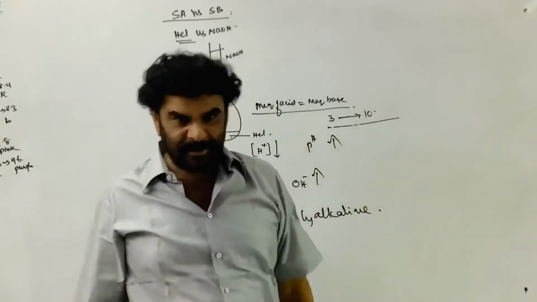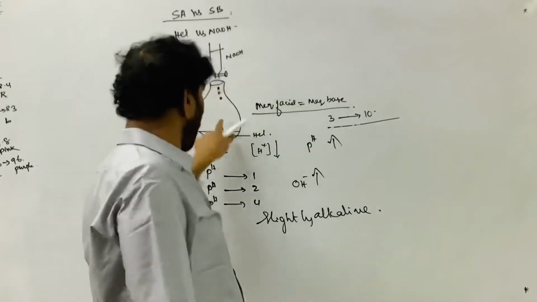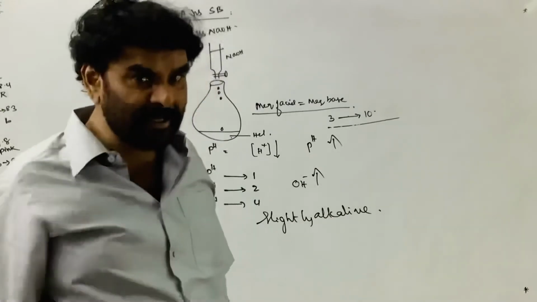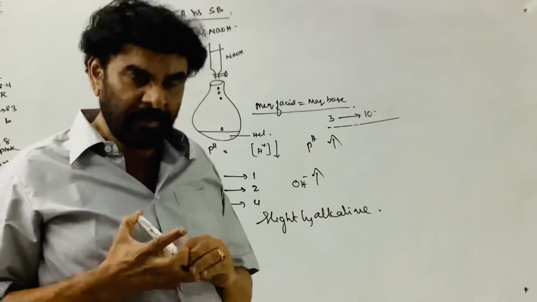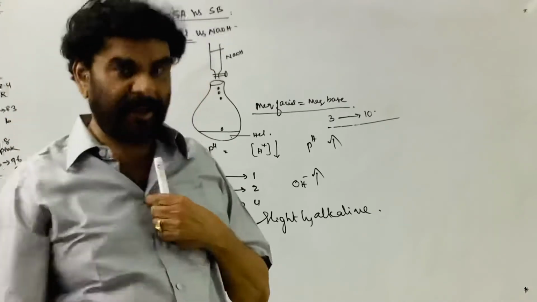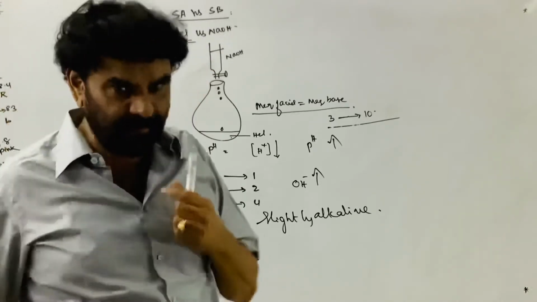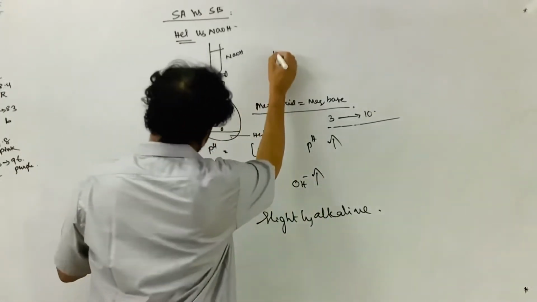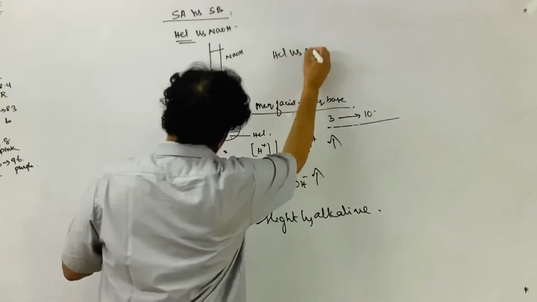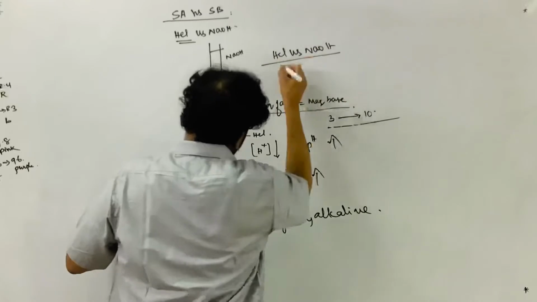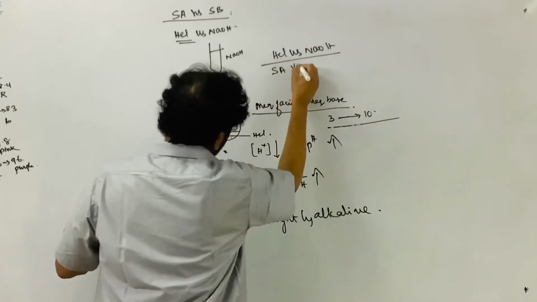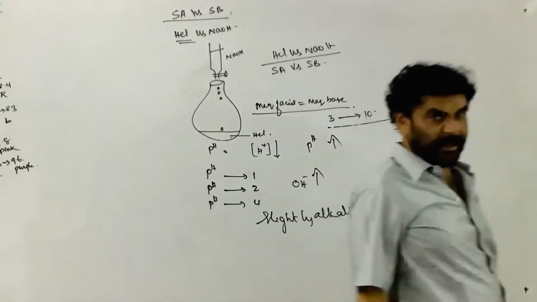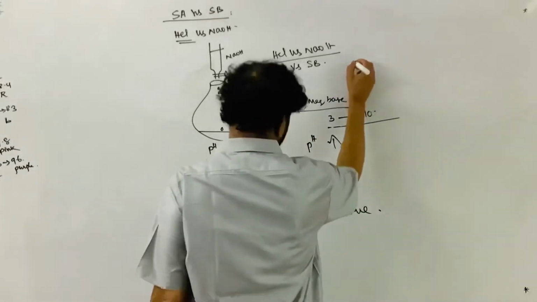The best indicators are those whose color-changing pH is in the basic range, greater than 7, around 8. For HCl versus sodium hydroxide, strong acid versus strong base, the final pH is in the alkaline range. Therefore, phenolphthalein